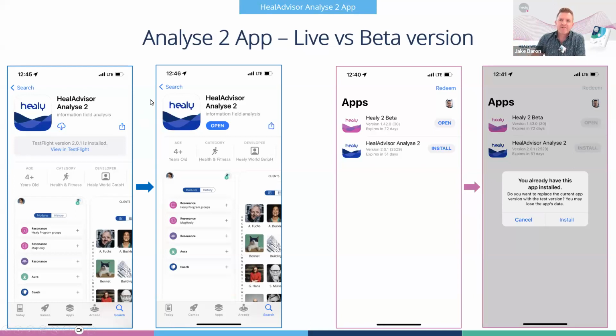But you'll see I went to download the new app, and it says this is already installed, view it in TestFlight. Then on the right here, you'll see in my TestFlight, I still have the beta versions of the Healy 2 app, otherwise the new Pink Dot app, and also the Analyse 2 app. And then I installed the production version, the live version of the Analyse 2 app.